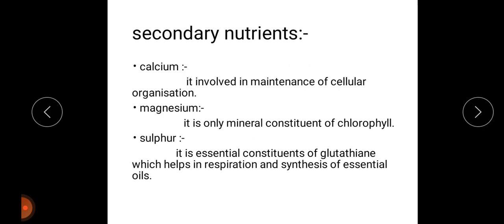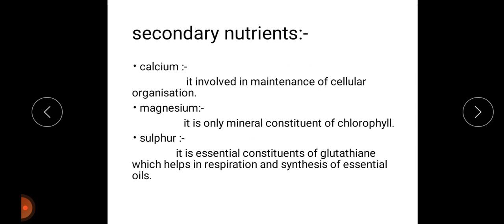Then magnesium also has an important role, as the only mineral constituent in chlorophyll. So this nutrient is much more important for chlorophyll content. It is the only one of the nutrients which can contribute to chlorophyll, and it also plays a greater role in transforming phosphate nucleotides and carboxylic groups, and it is an essential constituent of polyribosomes. Then after magnesium, we discuss the third secondary nutrient, that is sulfur.